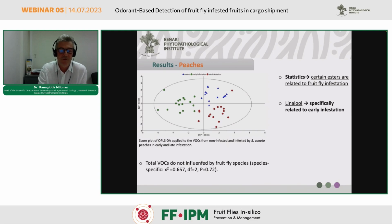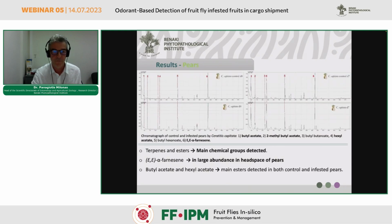And we went even further to do some statistical analysis about the total compounds, the total amounts of volatiles emitted, and you didn't see here for the peaches any difference between the different fruit fly species. When you look at pears, the picture is quite different, and there are different groups that dominate